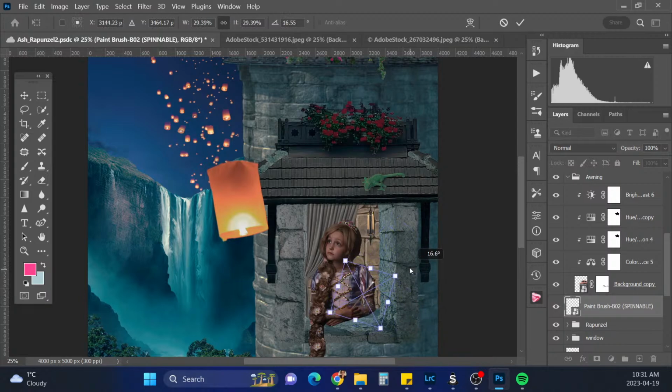And I'm gonna put that at a different angle. I think it would probably be like this.